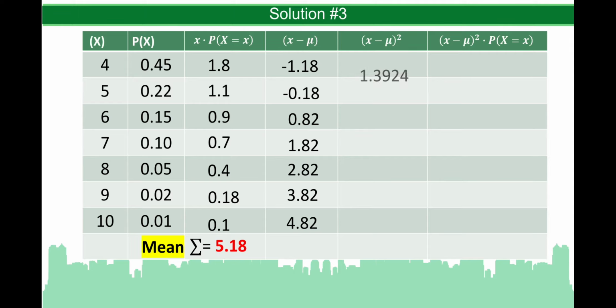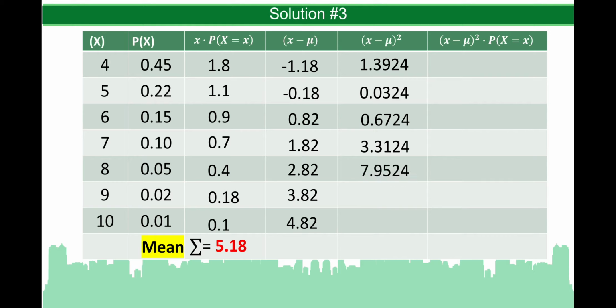Then square the results. Negative 1.18 squared is equal to 1.3924. Negative 0.18 squared is equal to 0.0324. 0.82 squared is equal to 0.6724. 1.82 squared is equal to 3.3124. 2.82 squared is equal to 7.9524. 3.82 squared is equal to 14.5924. And 4.82 squared is equal to 23.2324. Then after that, multiply this again by the probability of x, that is 1.3924 times 0.45 is equal to